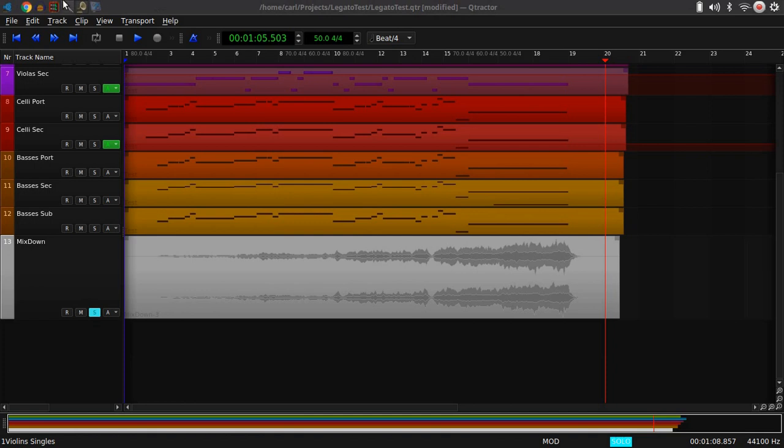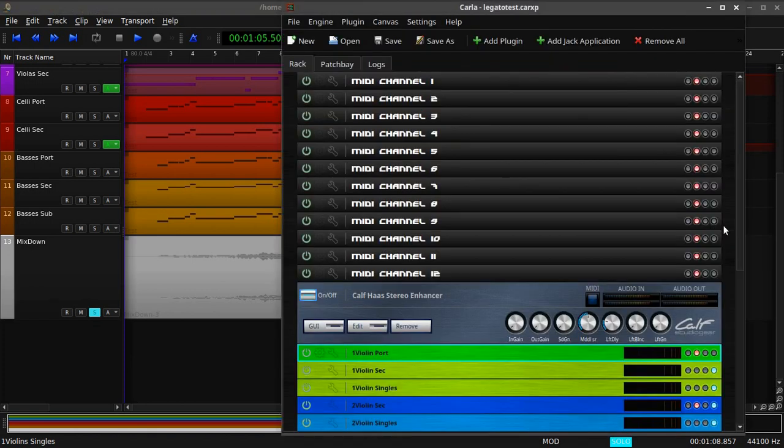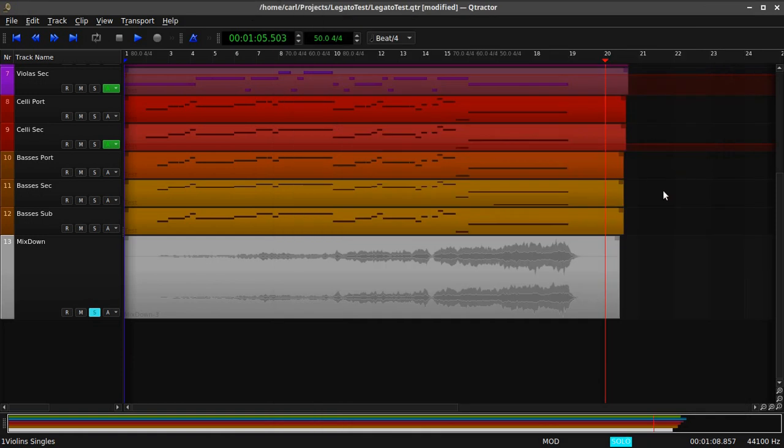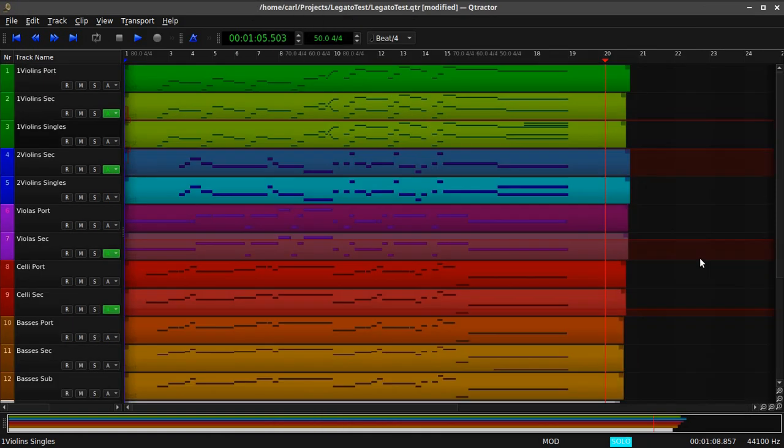So there you go, Carla instrument rack in Patchbay mode, coming out of Qtractor. We'll be experimenting a lot more, I think, with this platform in the future on subsequent projects, and mixing and matching this with some other ideas that we've already discussed